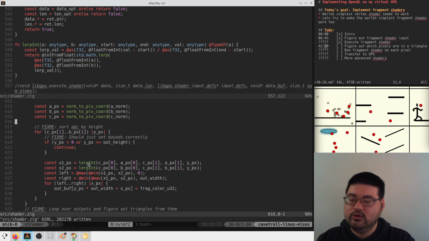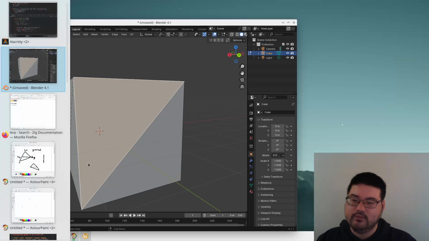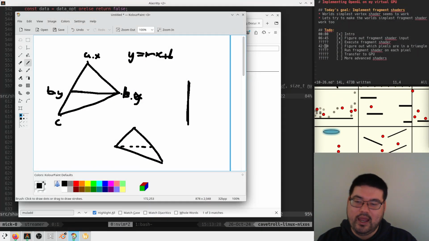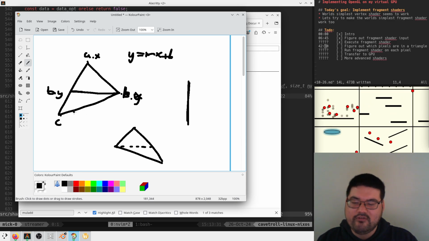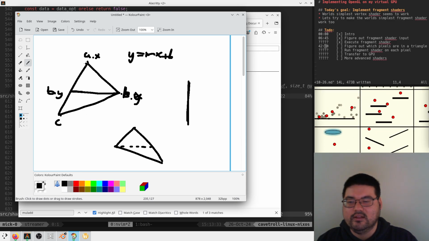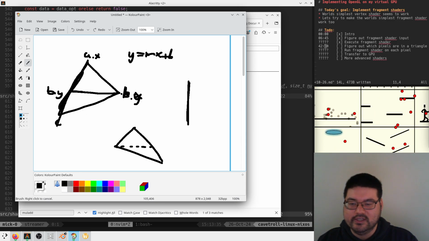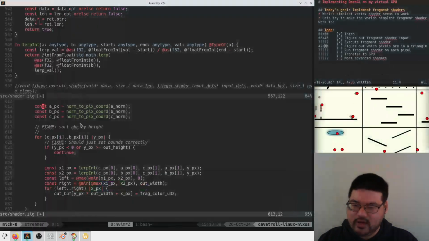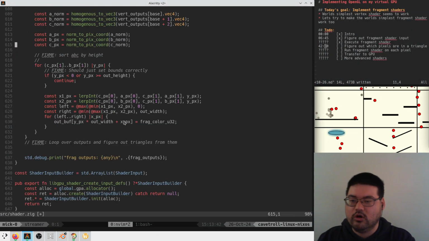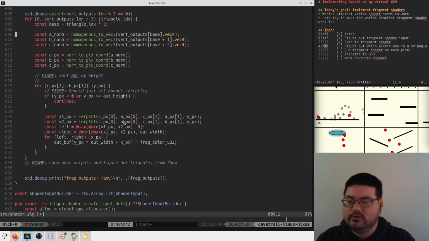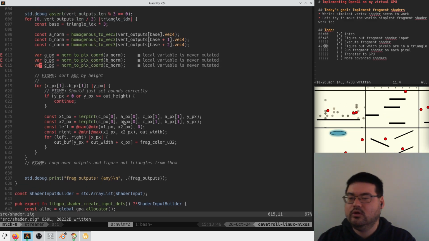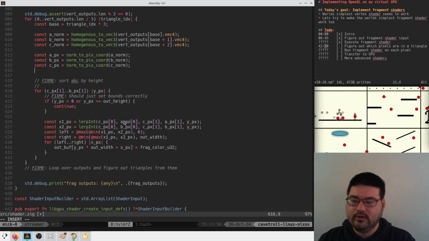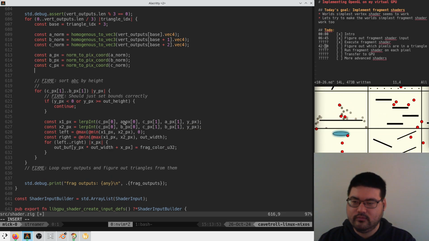Okay. We do need to sort these things by height. That is what we said. We said we were going to draw our triangles by essentially splitting it into 2 halves, right? The top half and the bottom half. And then we are going to iterate basically from the left side of a lerp on this line to the right side of a lerp on this side. Linear interpolation, sorry. Now, for that to work, these need to be in sorted order. So I guess what we'll do is we'll say, what, like